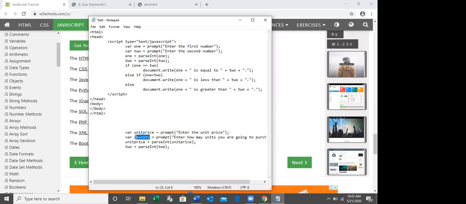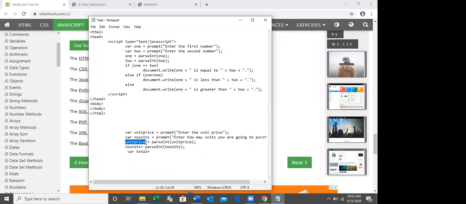Then I'm going to change the number of units also to an integer. Then total is equal to what?